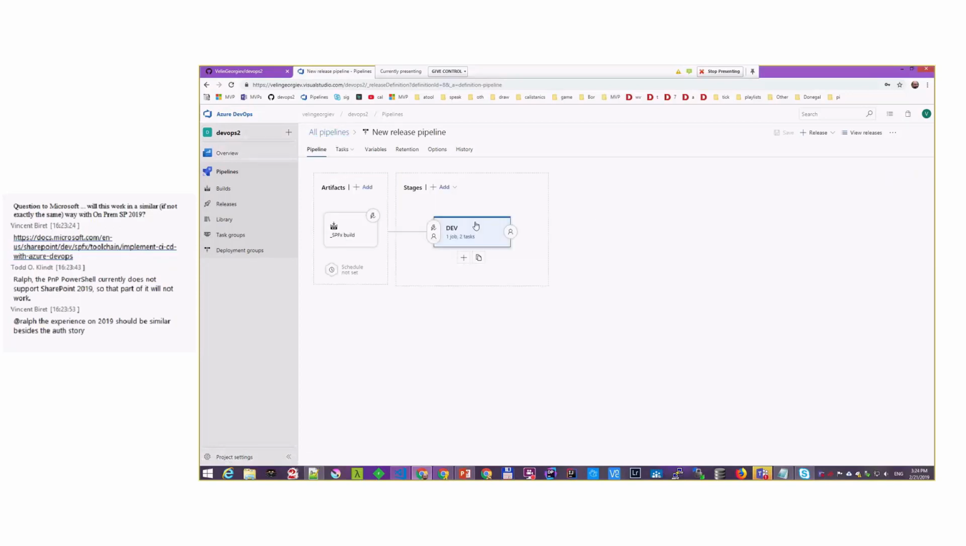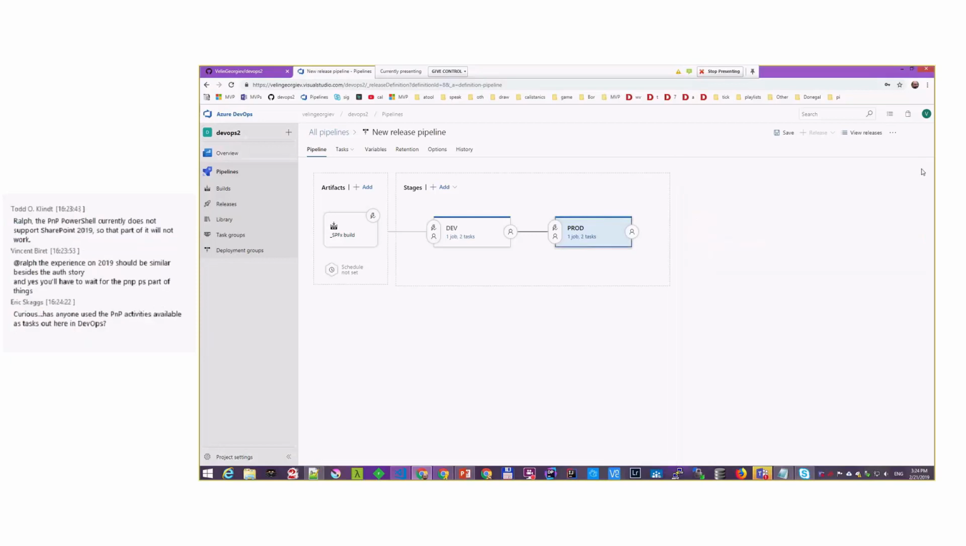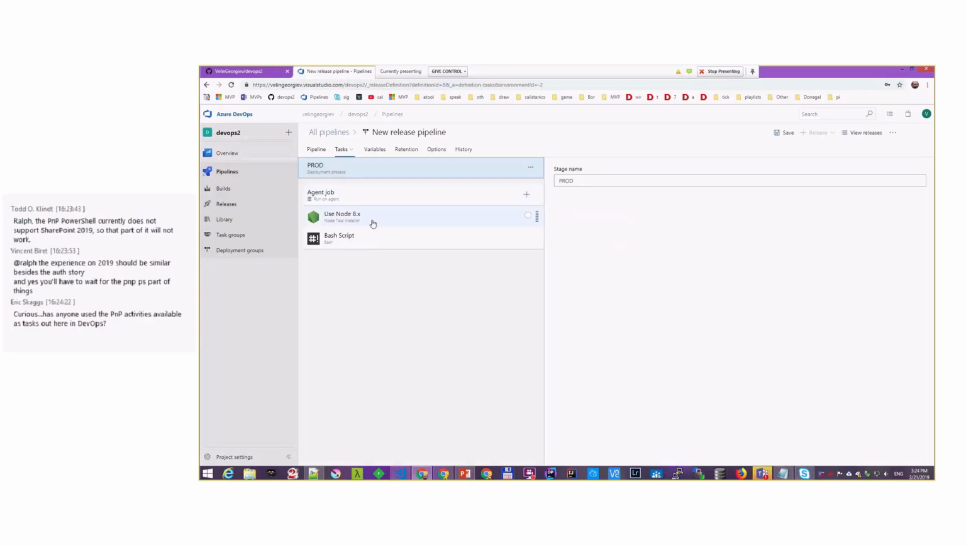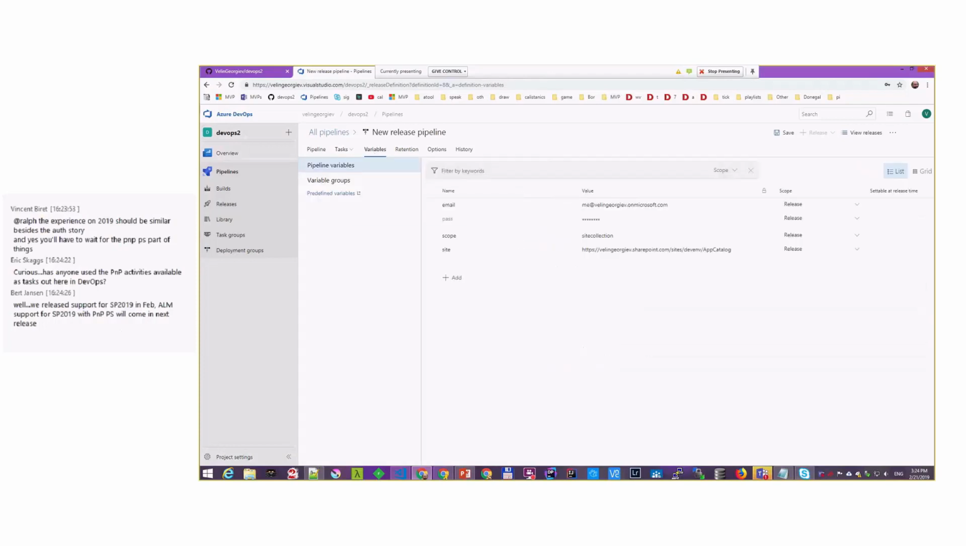Now we're done with our dev stage here, but once we are happy with our dev and all the features are working for our solution, then we can move it to production. For that, I'll just clone that one, and I'll create another stage, and I'll call it production. Okay. And here we will have pretty much the same setup. The only difference here is I have to specify different parameters because we will be deploying to the tenant app catalog. So for me to change that, I'll go to the variables,